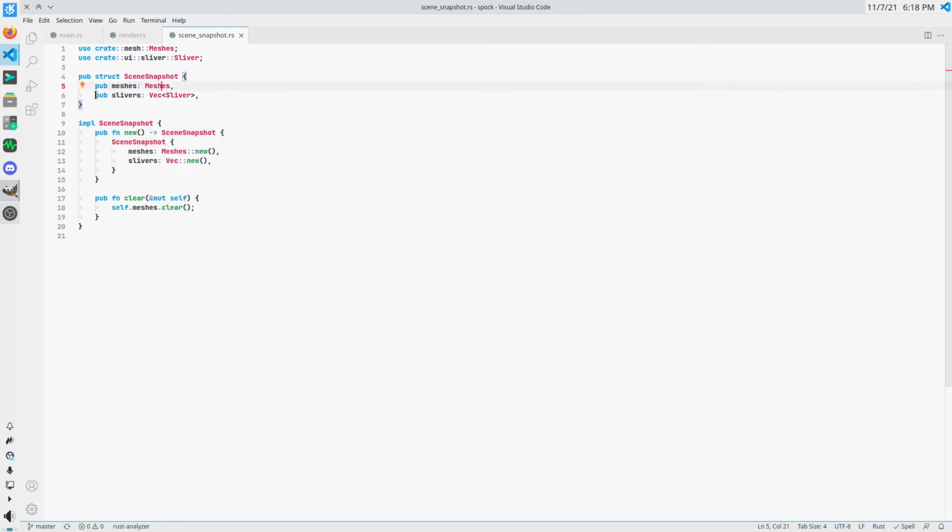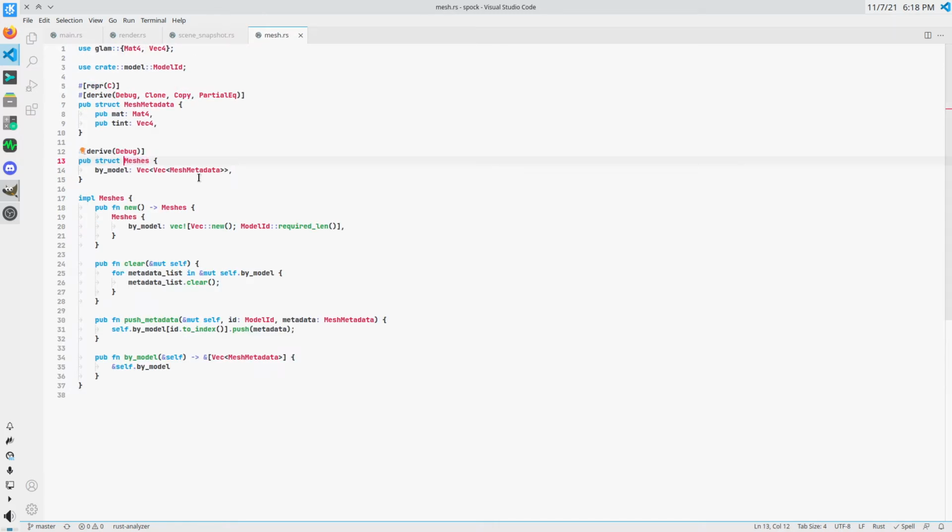So primarily, this is entirely unused. It's just mesh information. So the meshes is this really efficient, really cheap to build representation of all the meshes in the current scene that is built each frame as the entity system runs the logic for each entity. And this information contains no actual mesh information. This is just the information that the GPU needs to know in order to draw the correct number of meshes of the correct types in the correct locations with the correct additional data in order to draw all the meshes